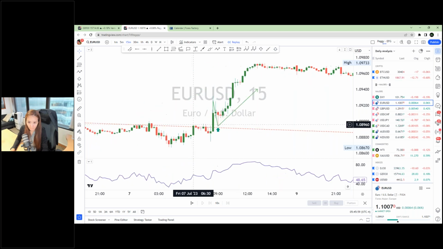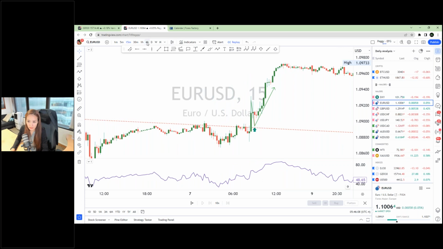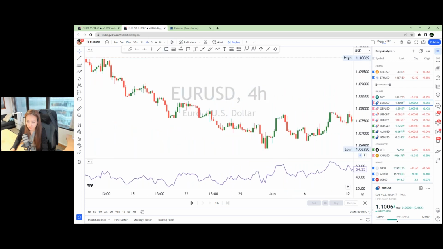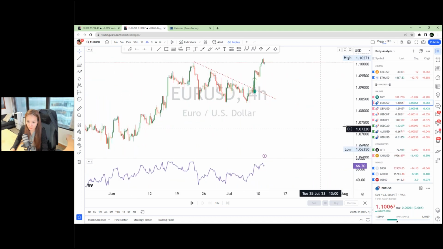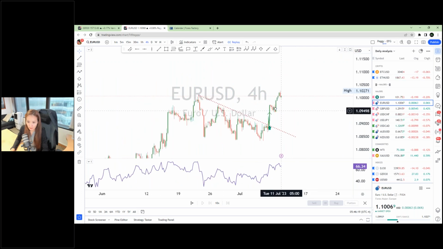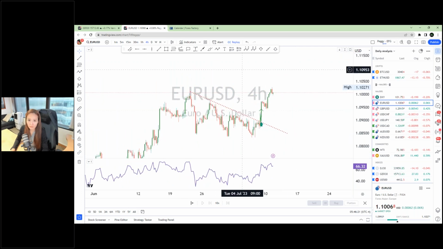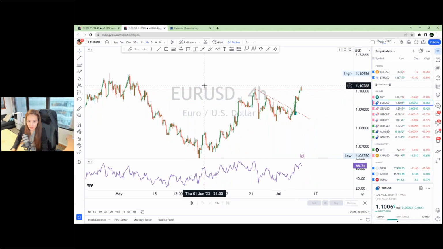Okay, this is the one. Then this is your H4 time frame. This is the one, and then price goes all the way up here, all the way up. So now we are at the H4 time frame. If you were to draw support and resistance, you will know that this is the